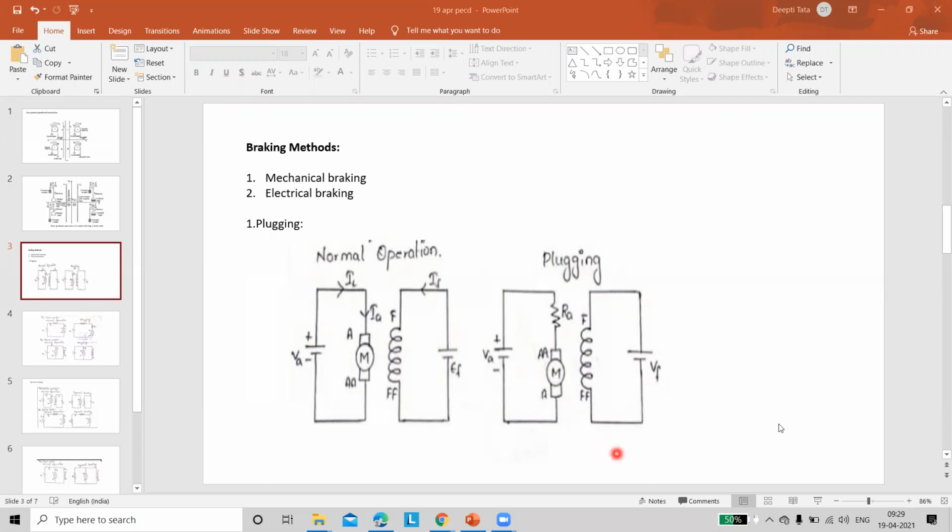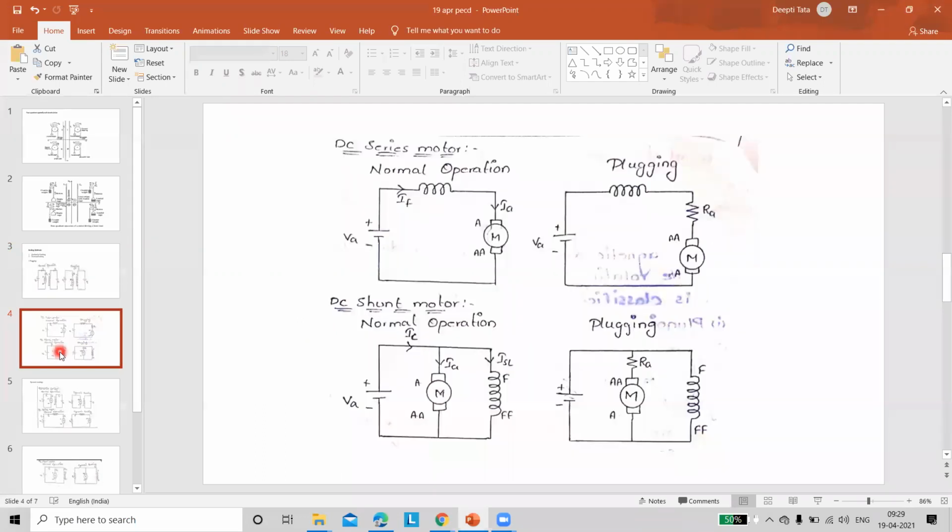And these circuit diagrams belong to the separately excited DC motor. And you can apply the same plugging method for the DC shunt and DC series motor also. So see the circuit diagrams. Just a simple thing, armature polarities are going to be reversed. Left hand side circuit diagrams are during normal operation and right hand side circuit diagrams are during the braking method. See the circuit diagrams, then I will go for the next one.